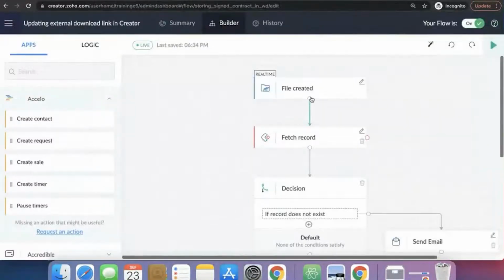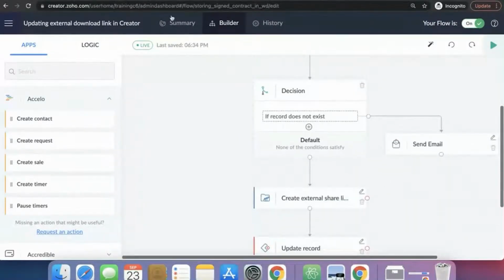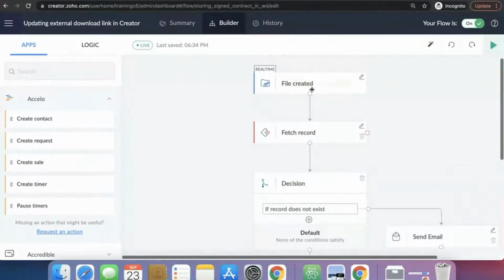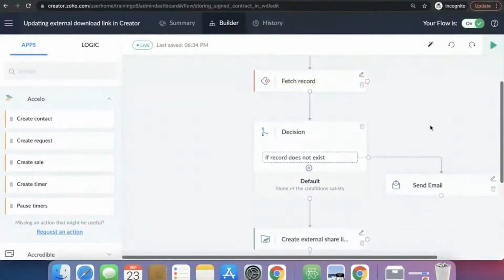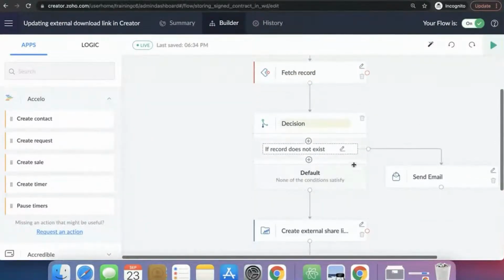So what happens? This gets triggered as an app trigger. The rest follows. Here, first I'm getting the file that got created, so this will give me all the file information. And I have the unique document name created inside Creator in the first flow. That is going to really help me fetch that particular record. And I will check, just for safety reasons,